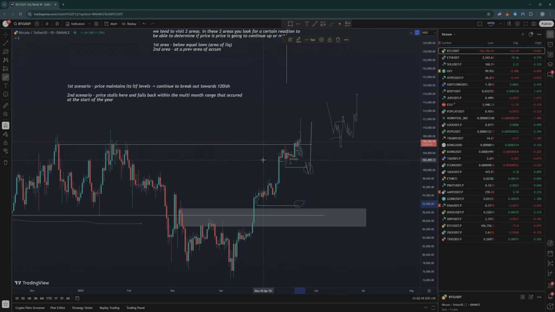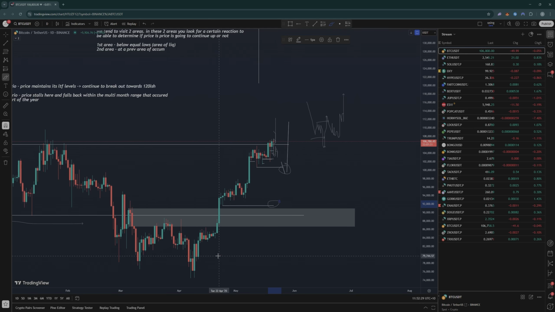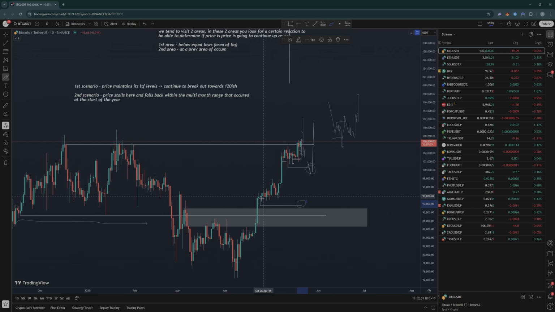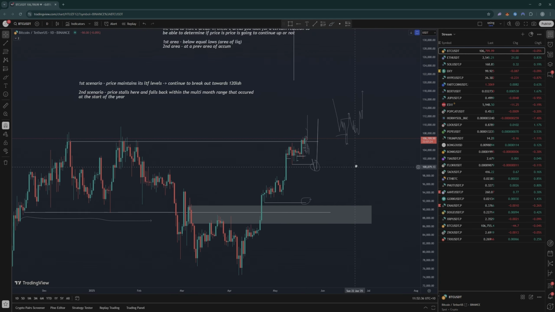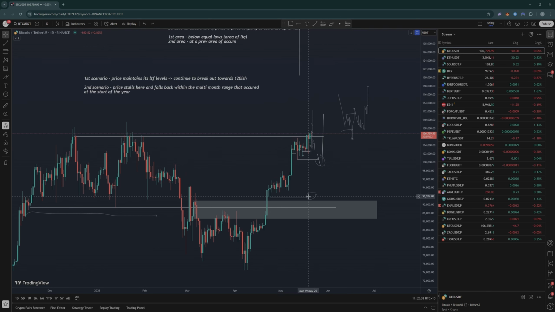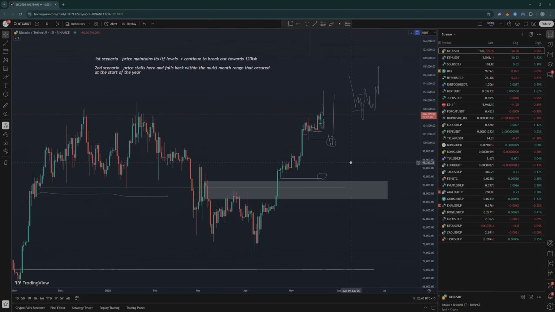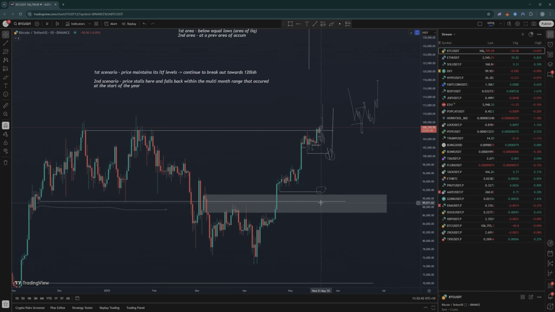So those are the two scenarios. I'm positioned accordingly. Okay, I'm not going to tell you what to do, but hopefully that breakdown and analysis gives you a bit more of an idea of where to place trades, where to place your invalidations, when to get spooked and when not to get spooked. A move below these lows isn't bearish. A move below these lows isn't bearish at all. If anything, depending on how you're positioned, obviously, a move below here and a move below here should excite you.